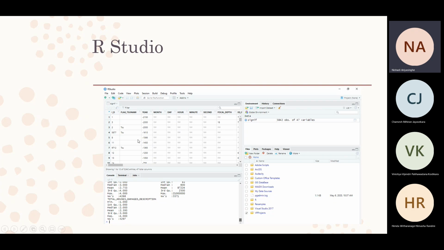So that file is being loaded here. When you load the file into your project, it will be seen here. The environment or the history, the data. If you are creating matrices and arrays and lists and everything, they will appear here, right? The global environment will be shown here.